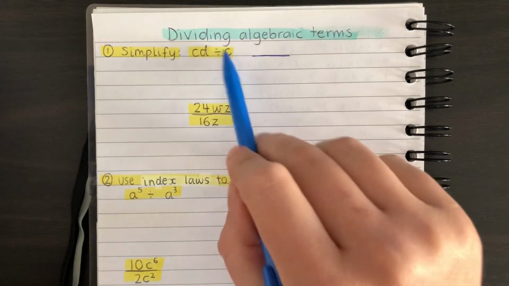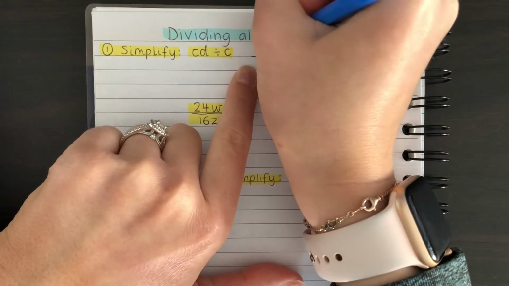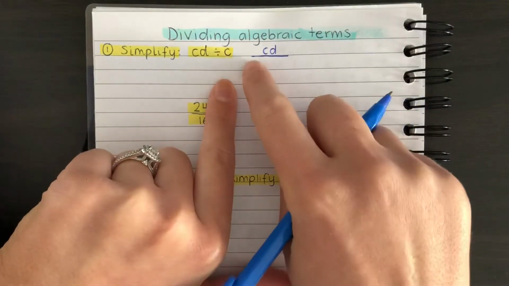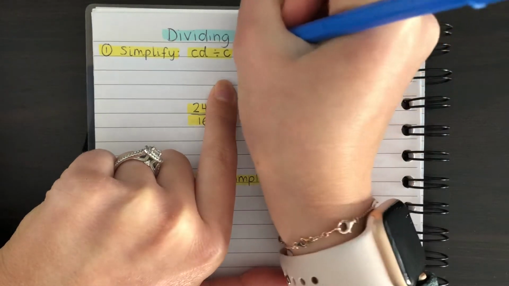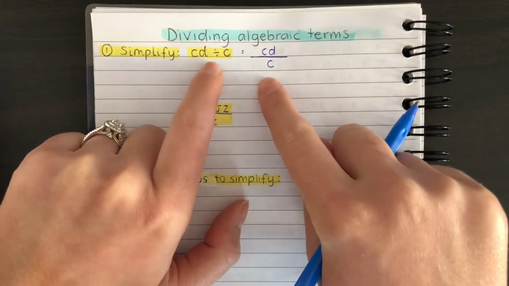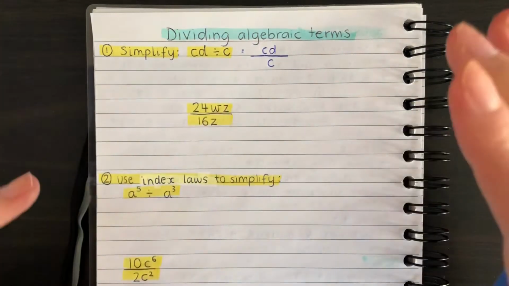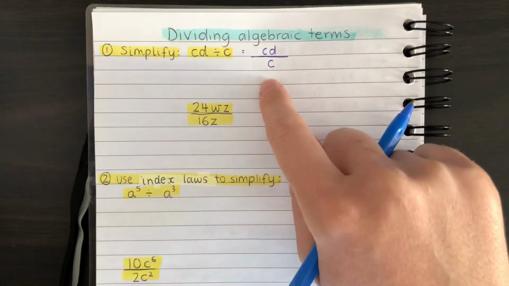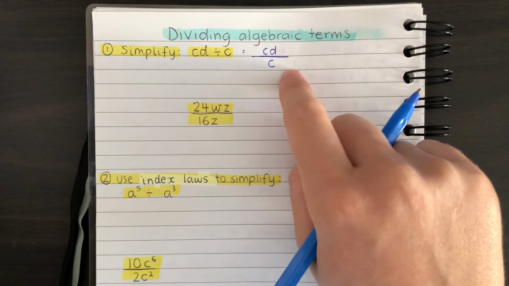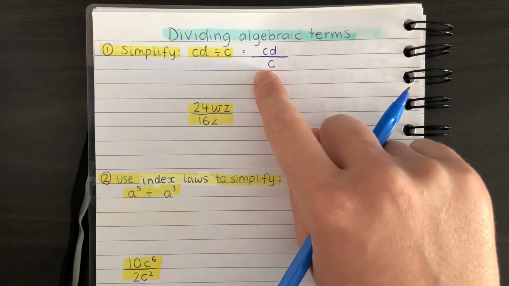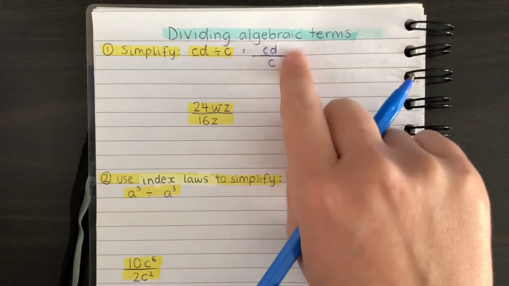So this would change to CD divided by C. Okay, so that actually equals the exact same as this. Now, this is a lot easier for me to visualize what is happening. So CD is being divided by just a C by itself. Now, the way that we simplify this is